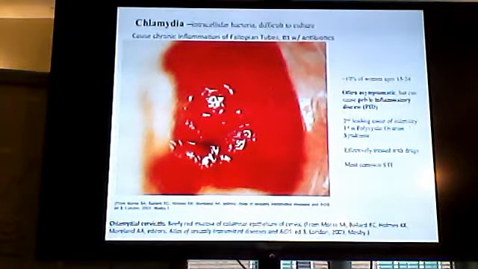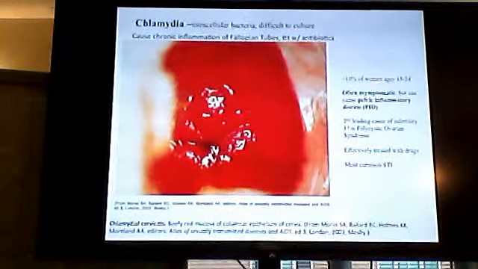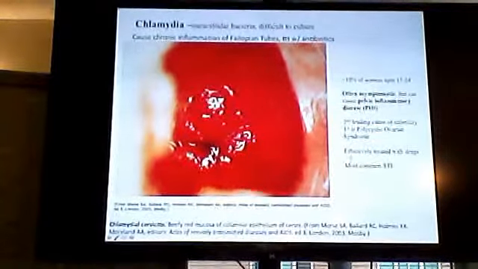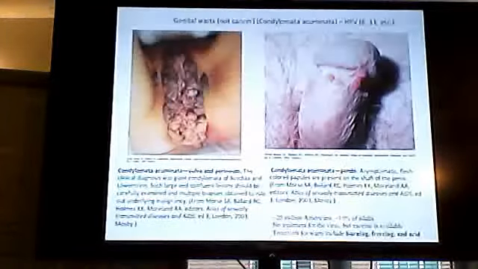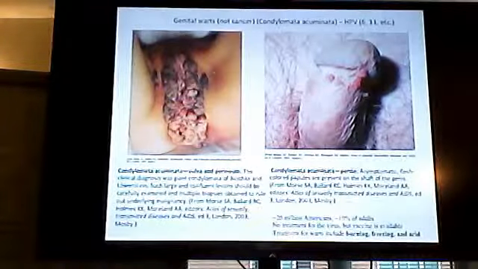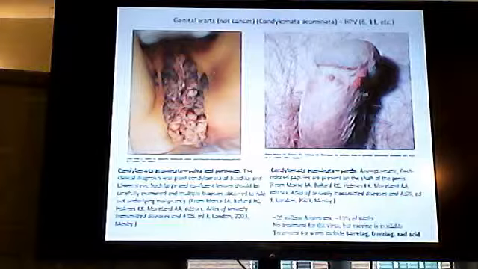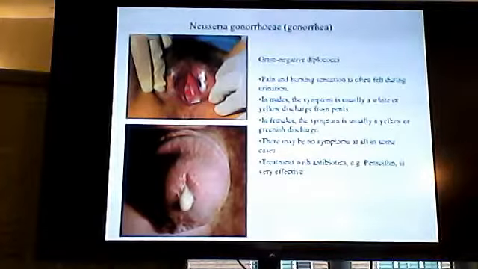infertility versus PCOS, polycystic ovarian syndrome. This is the most common STI though, chlamydia, most common STI. Genital warts caused by HPV 6 and 11. So remember, warts are not cancerous, are not neoplastic.